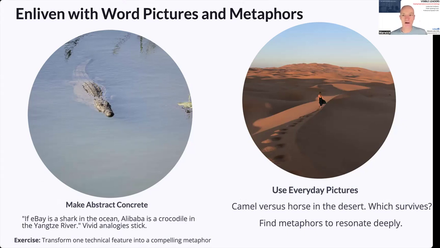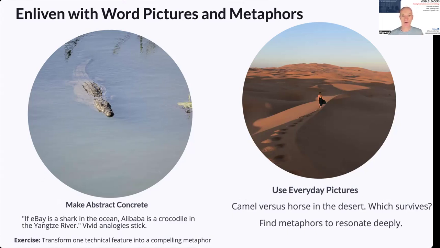Now, again, you may not know where the Yangtze River is, but Jack Ma was delivering this to his colleagues in China. The Yangtze River is one of the major rivers running through China. Of course, everybody knows the Yangtze River as much as you know the Thames if you live in London. So using word pictures and metaphors. Example here on the right-hand side,